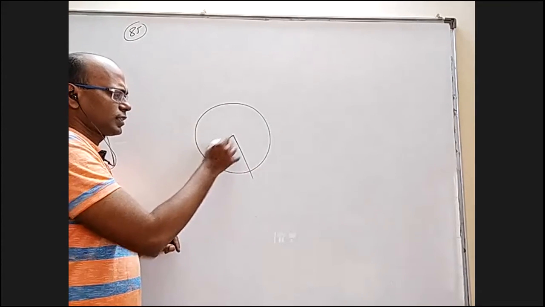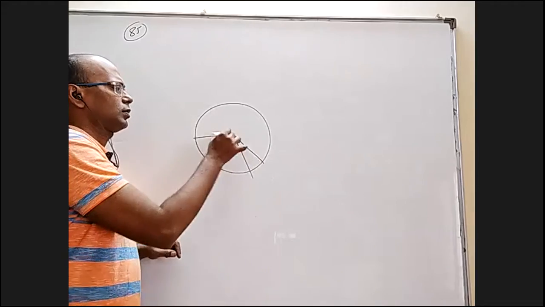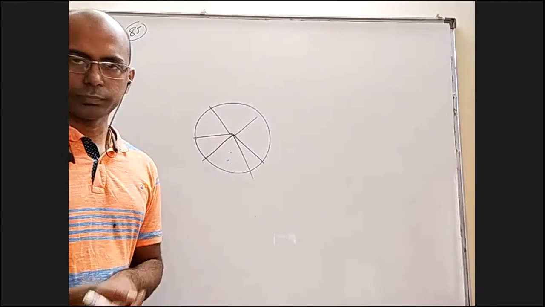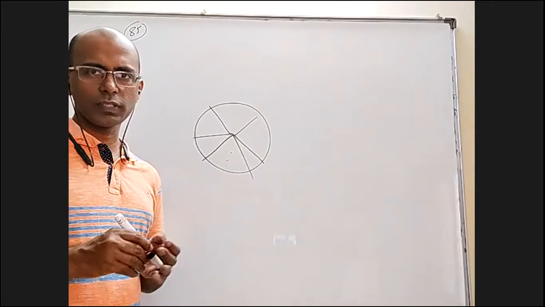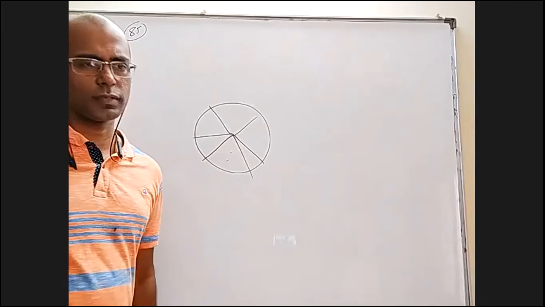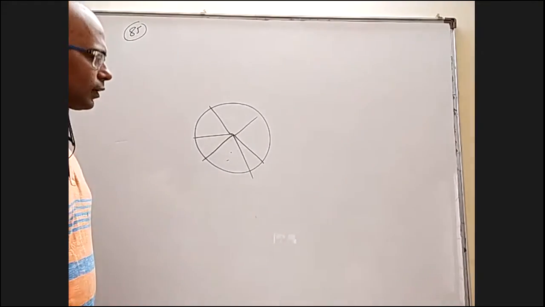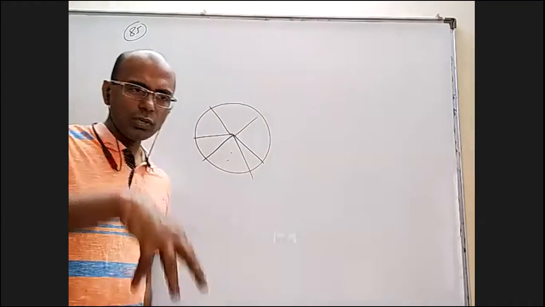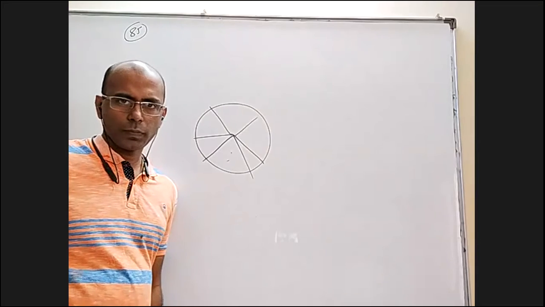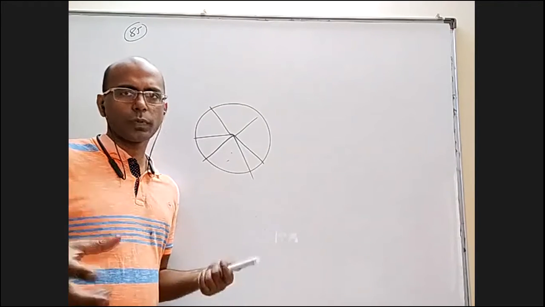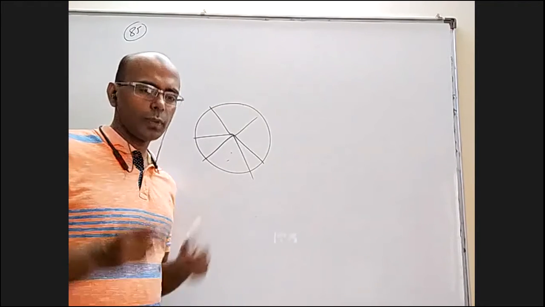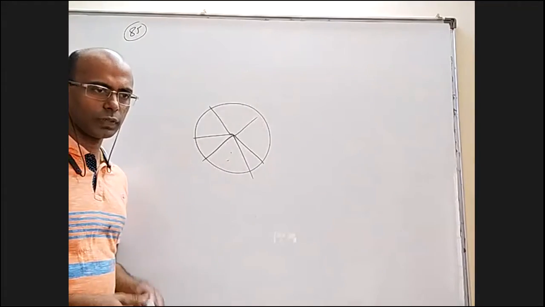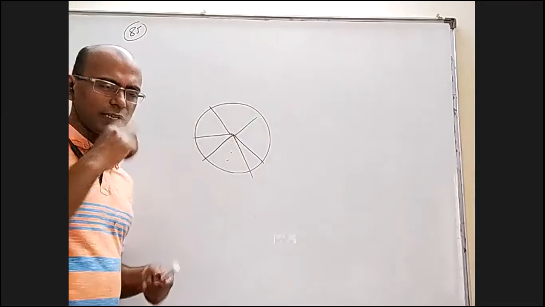Take a sector. You can take this much sector or this one or any size sector you take. Join the ends, you'll get a cone. What is the maximum volume? We have seen that type of question in first year, in application of derivatives, maximum. Now they ask the reverse. This is also not a new question. That is, the volume of the cone that you have to make is fixed. You can take any radius, any height, no problem, but its volume is fixed. But to make that cone, you might have used some sheet like this where you might have rejected some sheet. They want that sheet radius to be maximum or something.